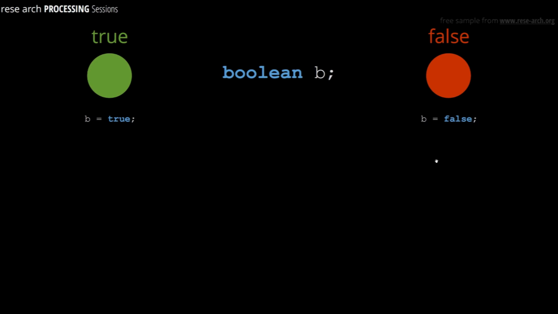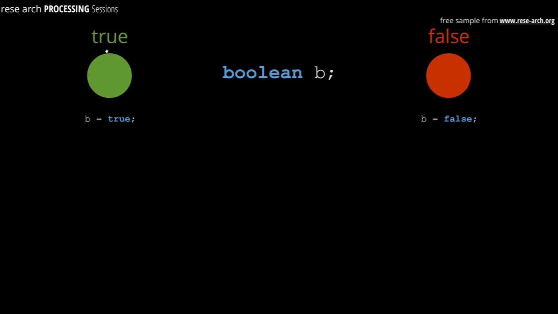So the boolean can have only two states. Either it's true or false. This is how you declare a variable. In our case, it's going to be called b as boolean, and either it is true or it is false. And you can assign the true or false value into the boolean